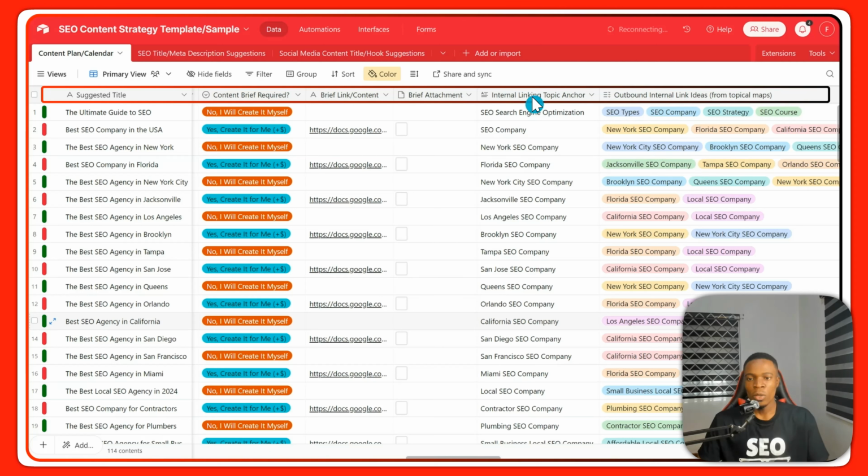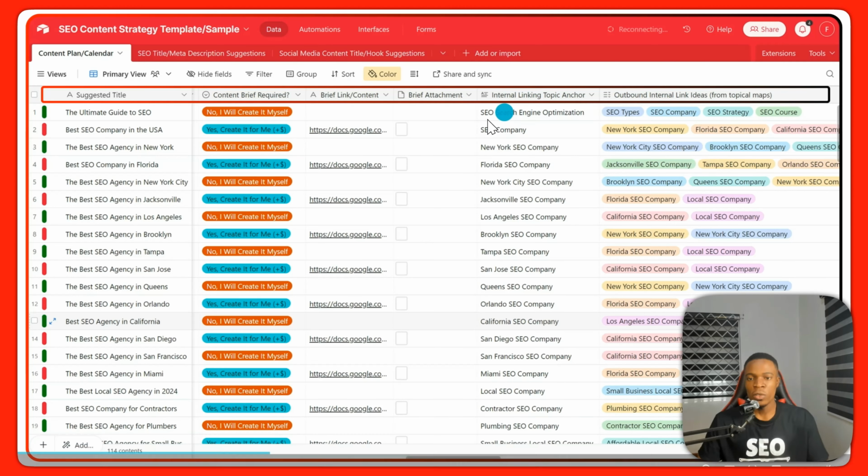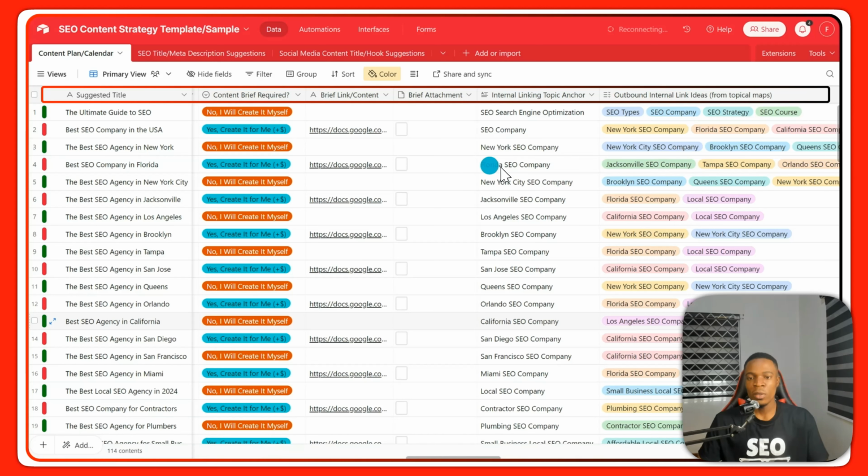So what we did here, internal linking anchor, which is the primary keyword for this topic. So what I did here was I used the topical map we created. In the next slide, I'm going to share about it to generate recommended ideas to link to other topics that relate to the content you are writing. For example, let me say you created a page about Florida SEO company, so you can link to Jacksonville, Tampa, and Orlando